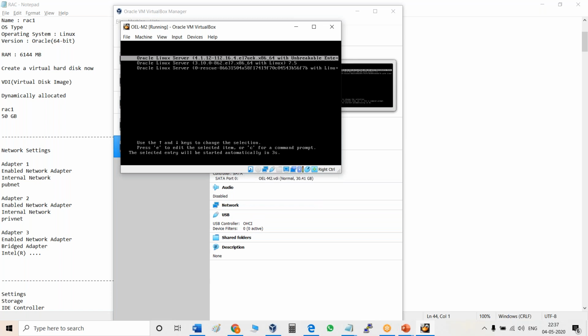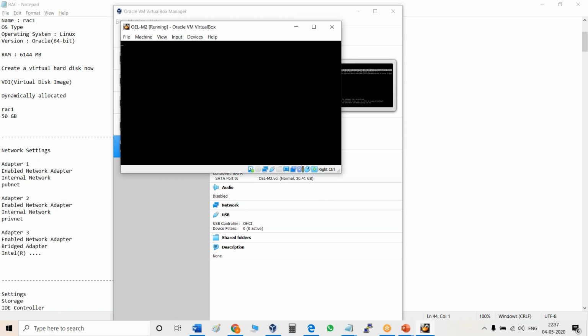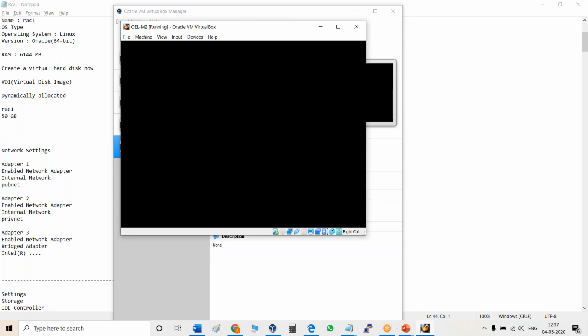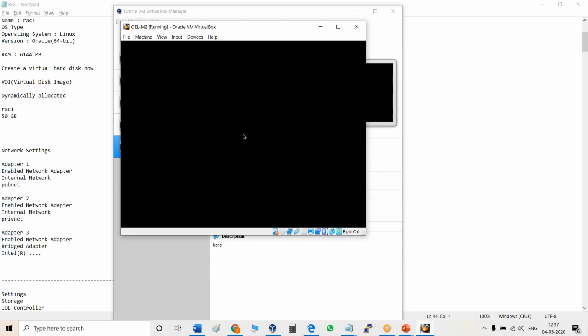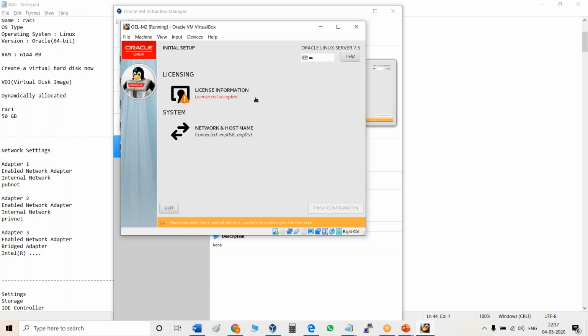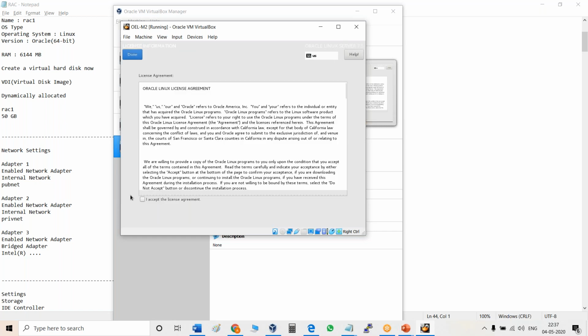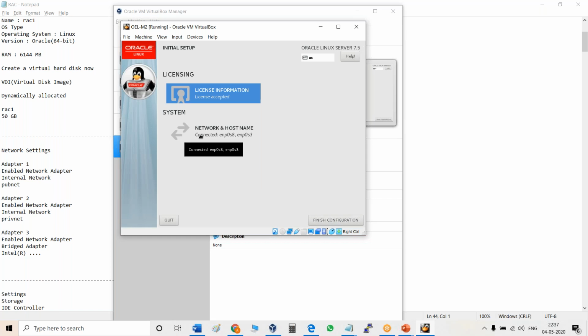When you reboot the machine, after it opens, it will ask about the agreement acceptance, and then you do that, and after that your configuration of installation will finish. So it is very easy, I hope. So see that license information. So click accept, done. And here again you can do changes in your network, but I had done already.